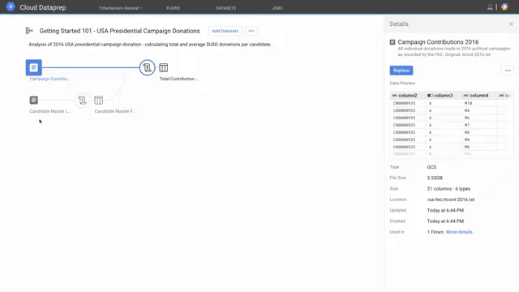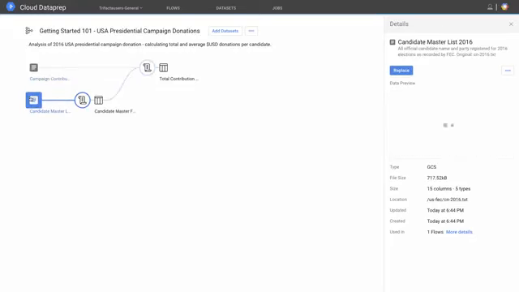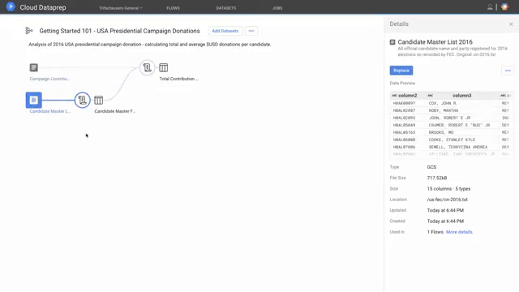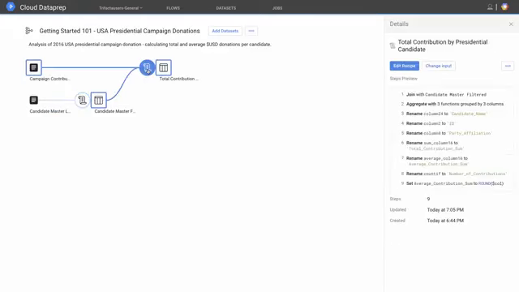Now we'll transform the data using a recipe. A recipe contains a sequence of steps to structure, clean, transform, and combine your data or data sets into a new data set. These steps use the Wrangle language to define the specific behavior. We can view all the Wrangle steps defined by clicking on the recipe.